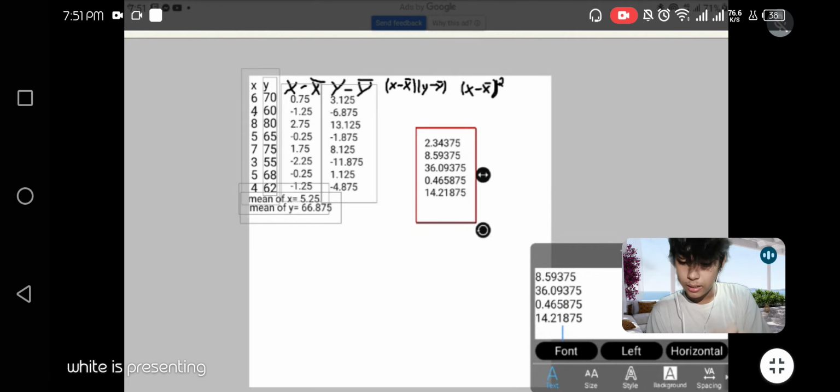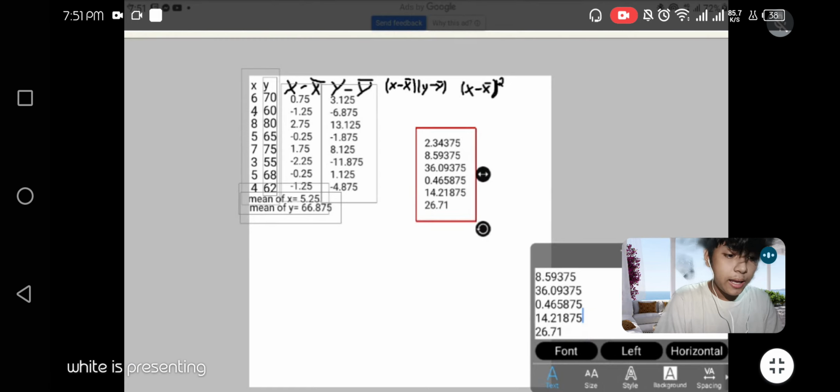Next is negative 2.25 times negative 11.875. So, ayan. The answer will be 26.71875. Then next is